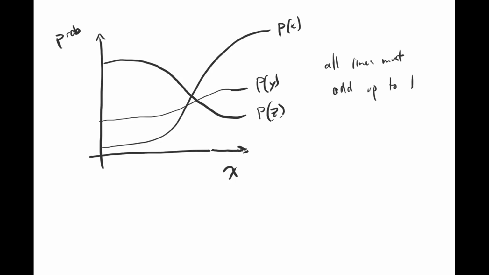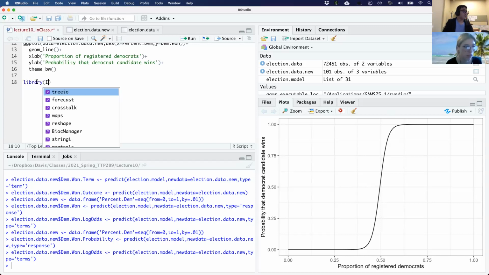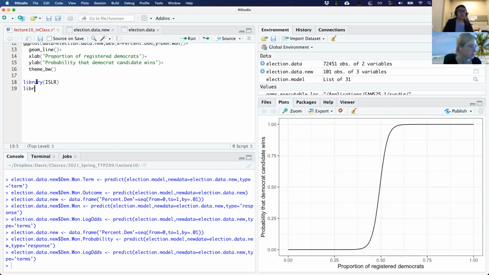So let's take a look at an example in R. I'm going to bring in a couple other libraries, ISLR, and here's a data set.